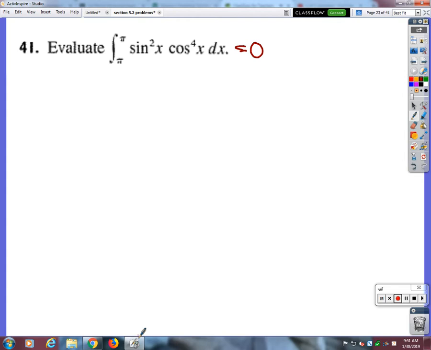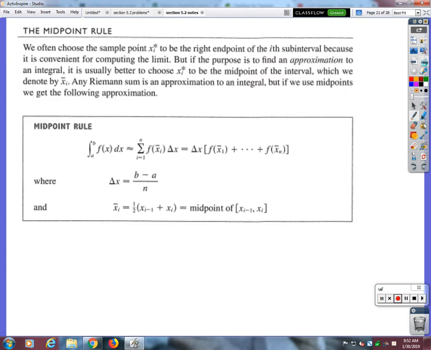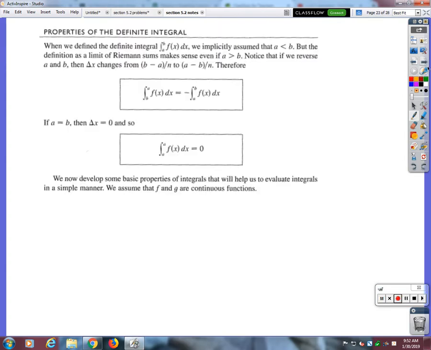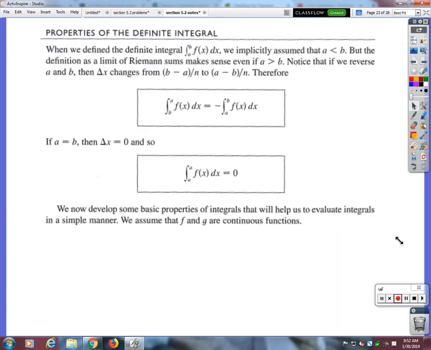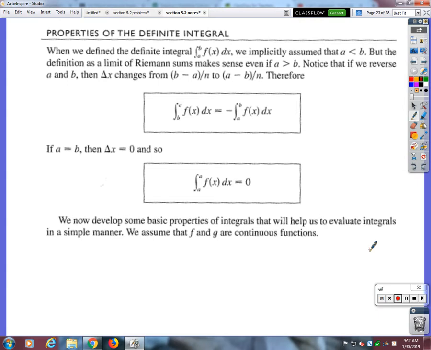Okay, so let me take those from you. It's okay if you don't understand how it works. Okay, so here are some things that you need to know about the integral that came up already in your assignment, and we didn't talk about one of these, so I'm going to have to go back and fix some